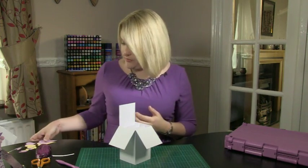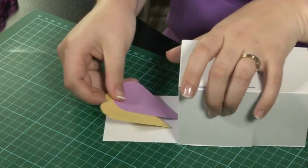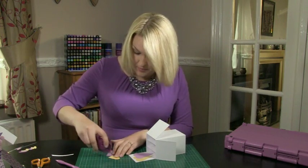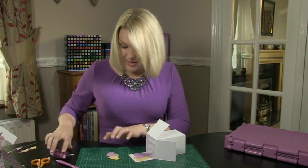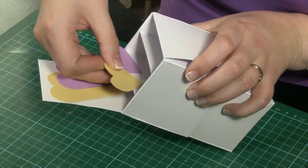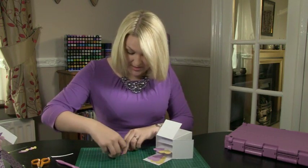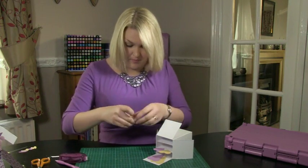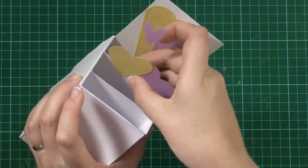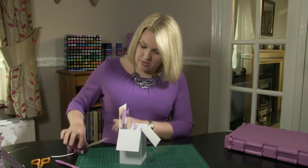And then what you can see I've done is I've just taken some decorative panels here to show you a few ideas of how this could be decorated. But what I like to do is when I'm sticking these on, I do like to use little bits that can pop up. So I've got pieces here that we're sticking in like this. But then see, I've also got small pieces onto some acetate, so that they will just sit inside and give just a little bit more dimension to the card, as you can see. So again, just a little bit of tape on,